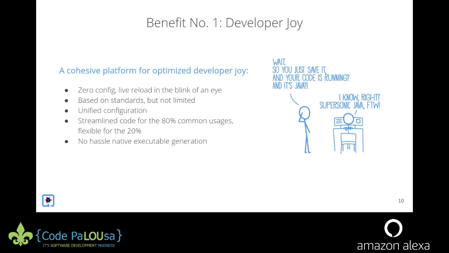It should be trivial to develop simple things and easy to develop the more complex applications that you'd be working on. So we look for the most useful extensions. We made sure that they all work together, that every use case is covered, and that the out-of-box configuration is most sensible. We want to make you more productive. That's really what it comes down to. And we want to make using Quarkus enjoyable.